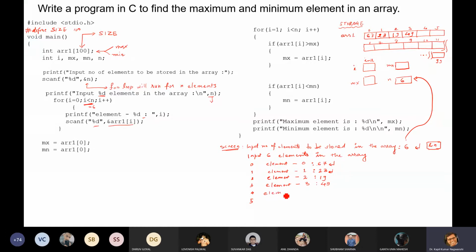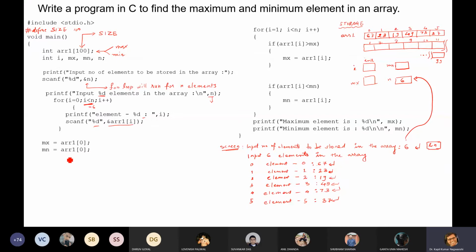Then element 4, 73 will be stored here. Then element 5, this will be 37. So 37 will be stored here. Each and every time we are pressing enter, and only then does the next one come. Now, up to this place, we have completed.